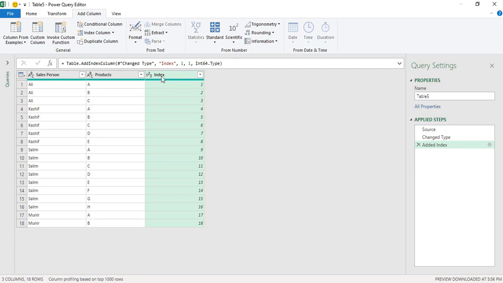So after inserting an index column, you can see on the formula bar this query, this formula bar is showing you a code of M language, M code. Okay, so what you need to do is you need to just select this entire line and right click and copy this. Or you can press Ctrl C, right? So when you copy this entire coding,